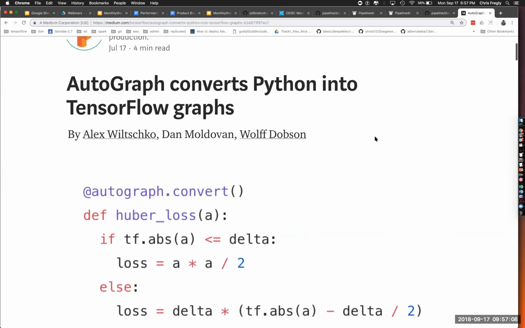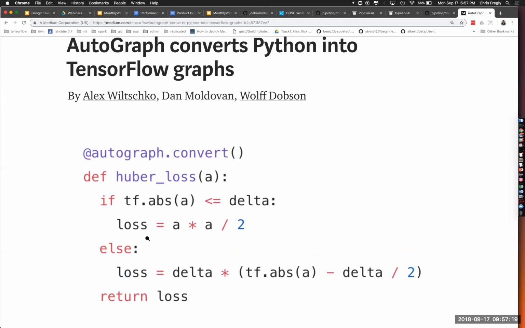So this is a way to take regular Python code and at some point NumPy and Scikit and SciPy and convert it into a TensorFlow graph. So this is something to keep an eye on. This is pretty clever. And right now the support's a little bit weak. It supports if statements, which is nice, these conditionals, because this is actually really hard to do within TensorFlow.